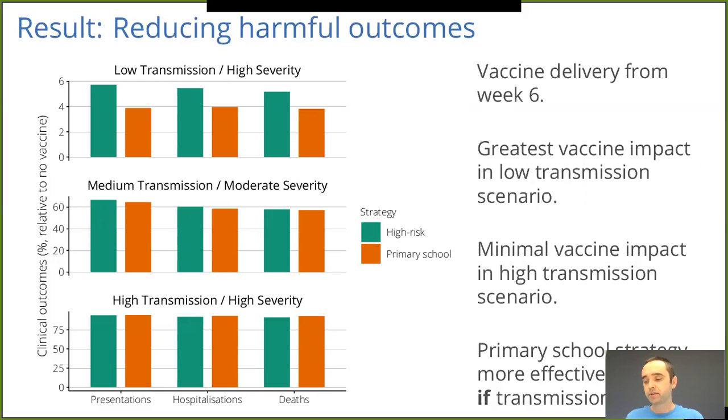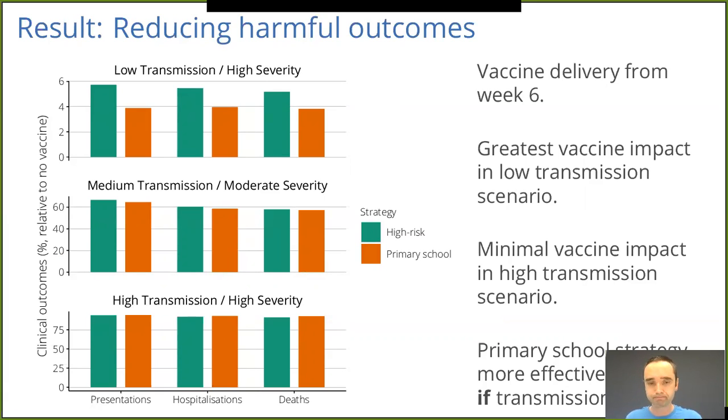First, we'll look at how much the vaccine strategies can reduce the number of clinical presentations, the number of hospitalizations, and the number of deaths in the entire population. We measure these outcomes relative to what they would have been if we didn't provide any vaccine at all. The y-axis is a percentage, where 100% means that the vaccine resulted in no reduction in these outcomes. And so small values are better than large values. The results for the direct protection strategy are shown in green, and the results for the indirect protection strategy are